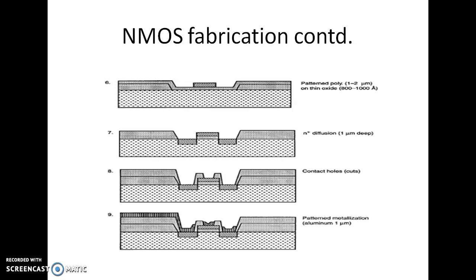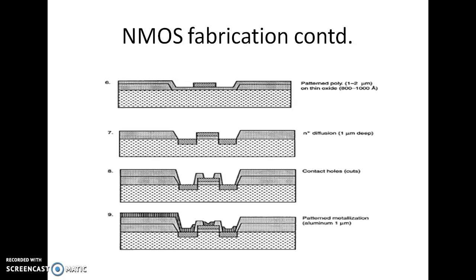So same discussion applies for PMOS except the change of, instead of N substrate we should choose P substrate. Polysilicon and thin oxide deposition is same, and the diffusion will be of opposite type of material. Here we are using N plus diffusion. There we will be choosing the P plus diffusion. It is an enhancement MOSFET, so we don't have any channel here. So for depletion MOSFET, there will be channel also in the beginning. So for PMOS, also enhancement MOSFET, the process is same. For depletion MOSFET, channel also should be formed.